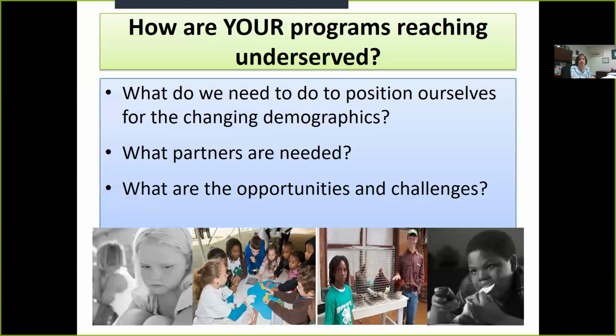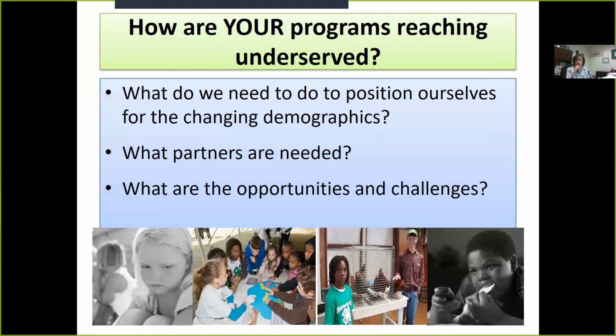Okay, so how is your program reaching the underserved audiences? This is really something we need to be thinking about: what do we need to do to position ourselves for our changing demographics? For those of you that jumped on a little bit late, there was some conversation about the changing demographics, and essentially what the U.S. Census Bureau is predicting is that